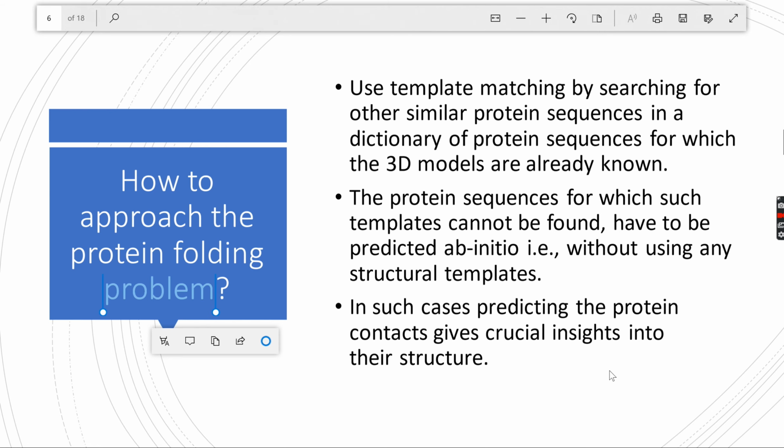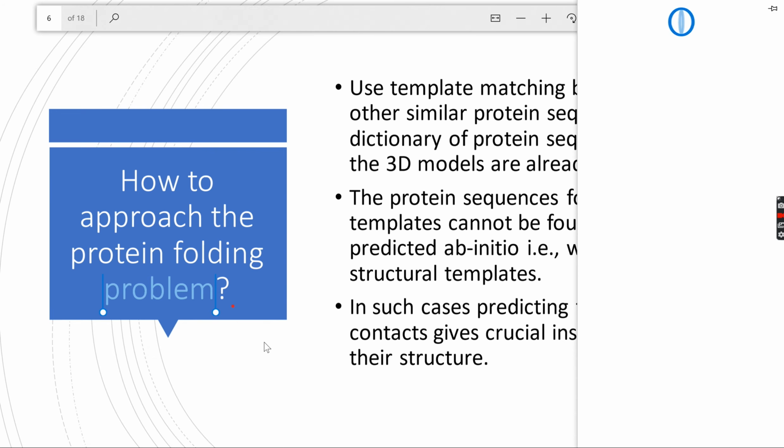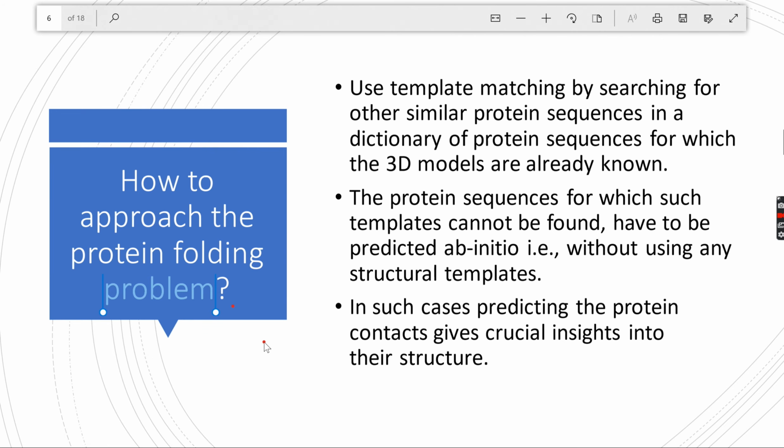Why? Because it is very experimental and it costs lots and lots of money. Okay, so moving next, what we are going to do is this: what if we don't have such templates